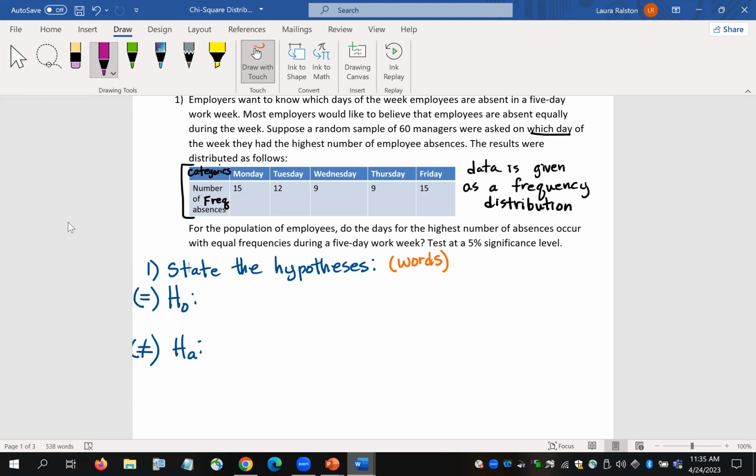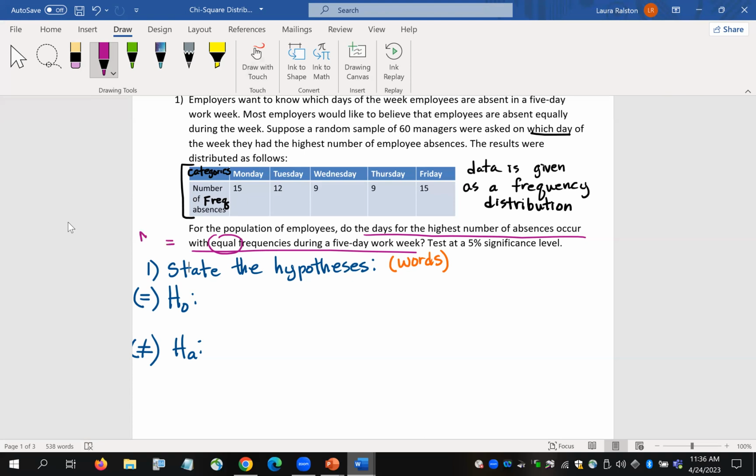It says, for the population of employees, do the days where the highest number of absences occur with equal frequencies? Okay, so the question is, do the days, are they equally distributed or not? Okay, the claim here is the days occur with equal frequency. Okay, so I see the word equal,